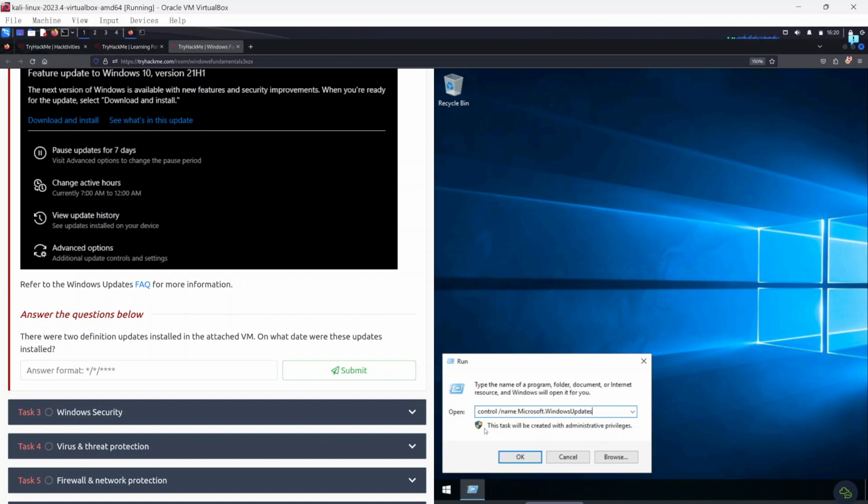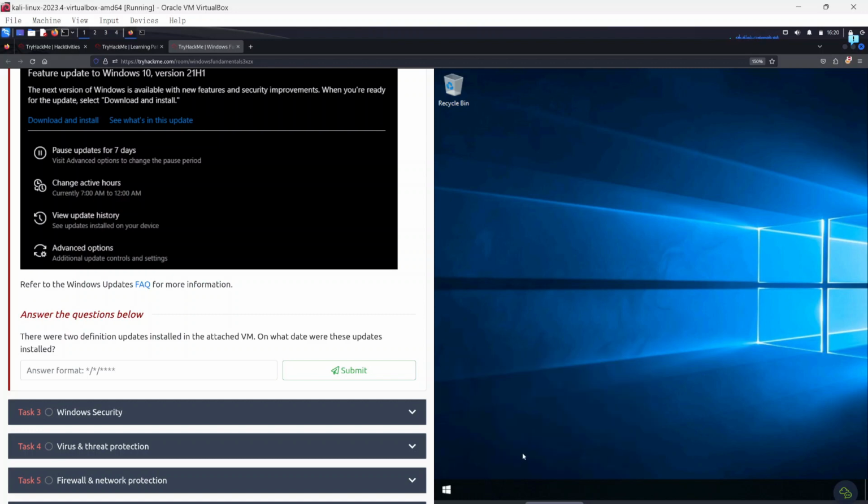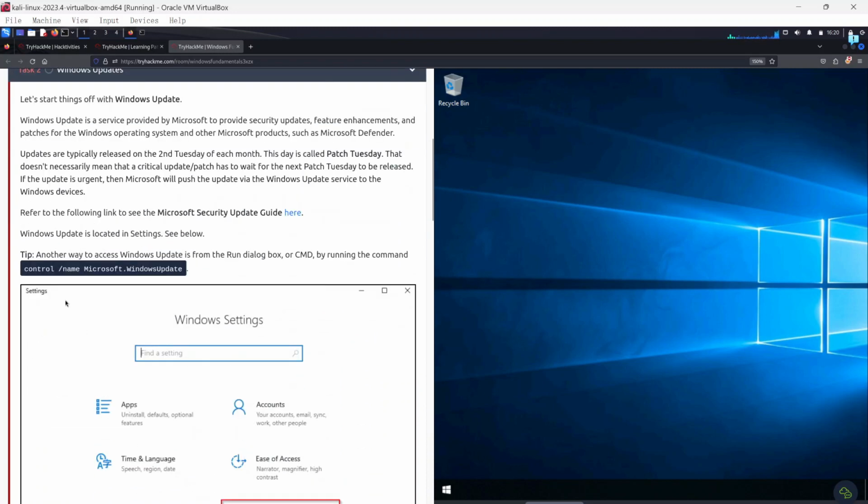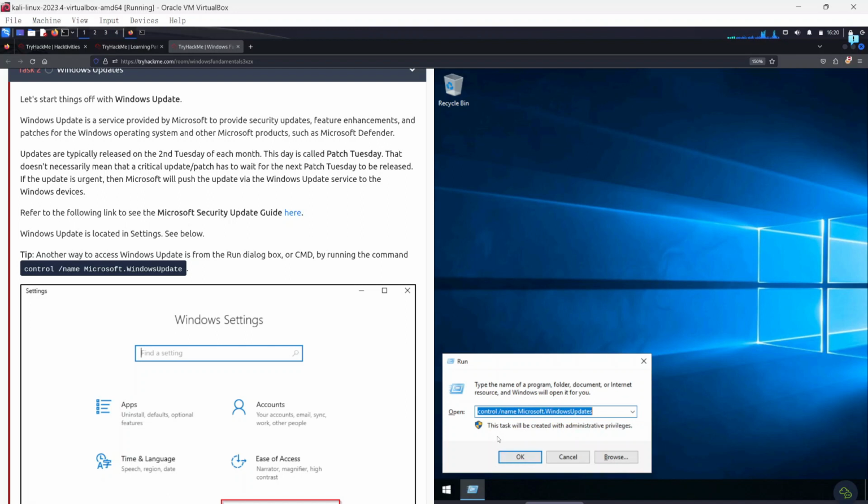Let me try and see if that works. Let me just copy that first and see in case I need to type that again. Okay, I clicked on run and I guess I got it wrong. So let me go back up to that point and see. It says control / name Microsoft.Windows update. So I'm going to try that again, but this time Windows R to bring up the page,